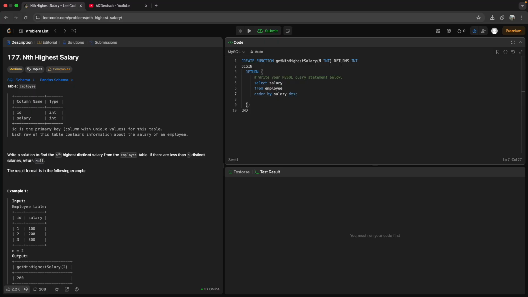Then we apply limit 1, because I want one row, and we will set our offset to n. Let's see what happens when we write n here. Offset means skip n rows and give me the next ones, so it is basically the count. Skip n rows and then give me one row after that. So if we run this,